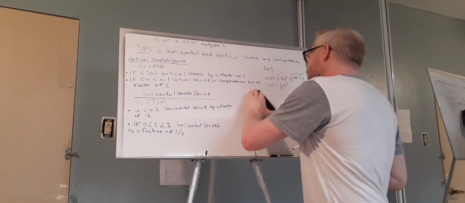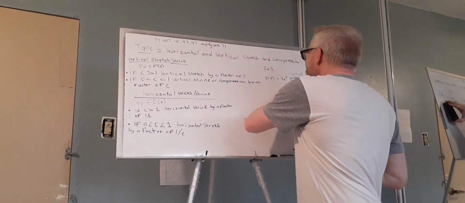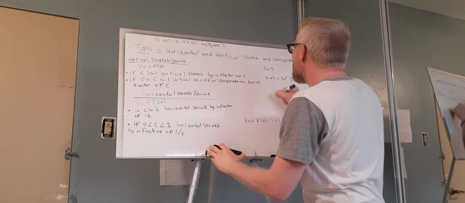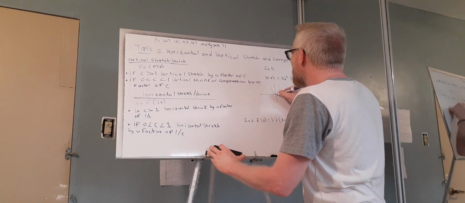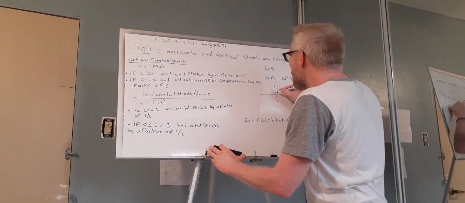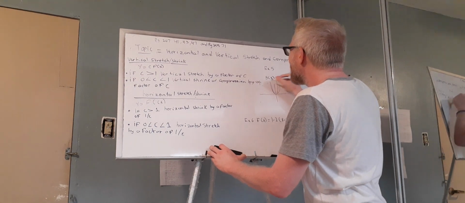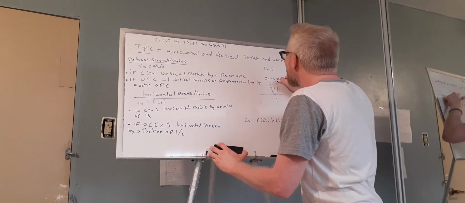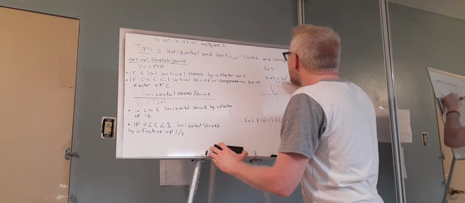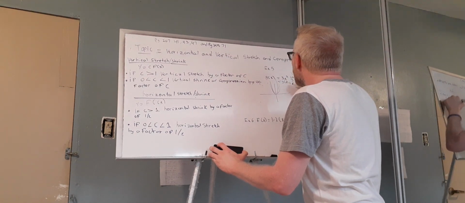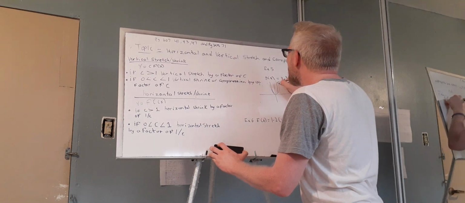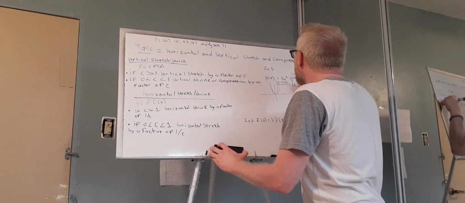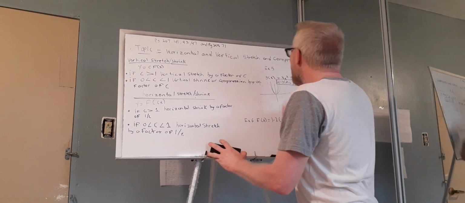So let me write that here real quick. Just so you guys see, if this is my parent function going through my vertex, a vertical stretch by a factor of 3 is actually a very narrow graph. And what I mean by a very narrow graph is,